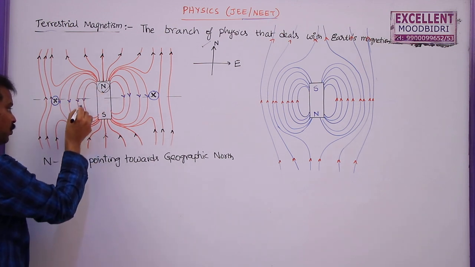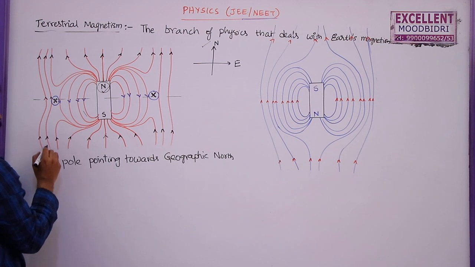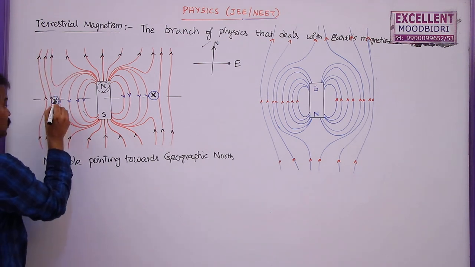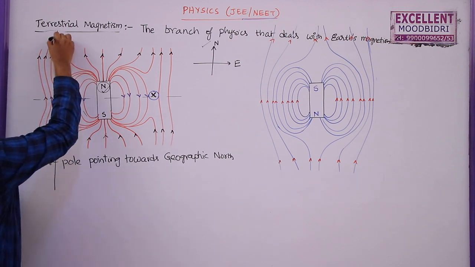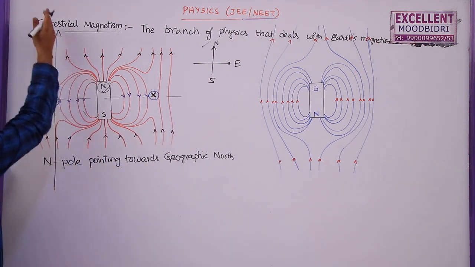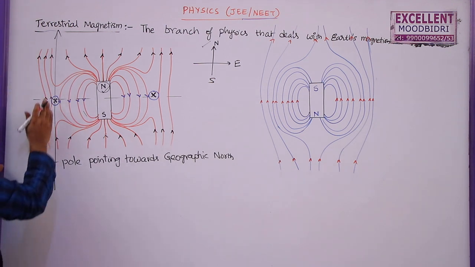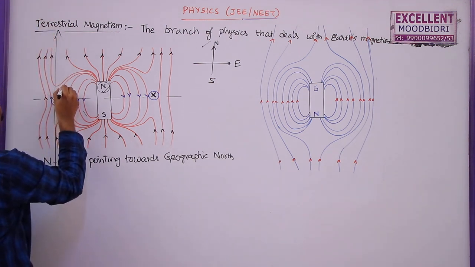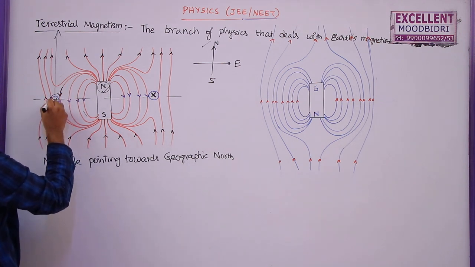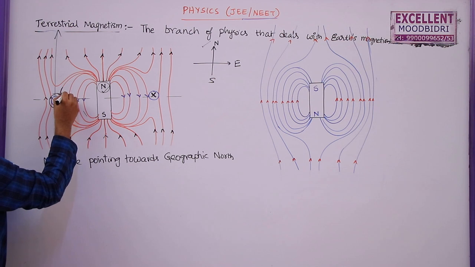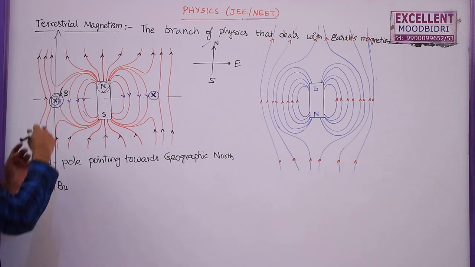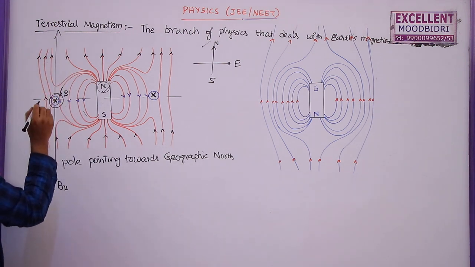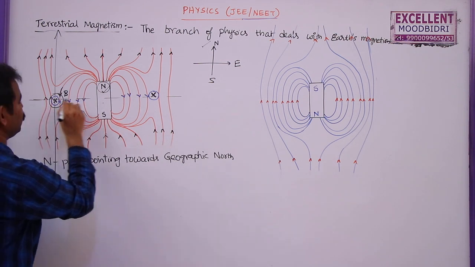Here field lines are starting from the north pole and ending on the south pole outside like this. But here these lines are traveling from south to north. So at this point, on the equatorial line of this bar magnet, the earth's magnetic field lines are traveling from south to north. This is south. Horizontal components of earth's magnetic field are acting along this direction, and bar magnet fields are acting in the opposite direction. So at a particular point, if the magnetic field due to this magnet and the magnetic field due to earth are equal and opposite, that point is called a null point. So you will get two null points on the equatorial line in this plane.